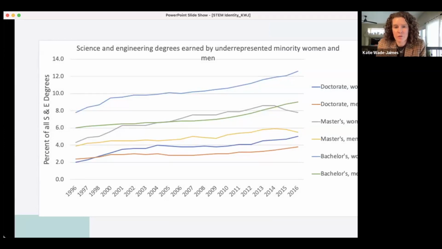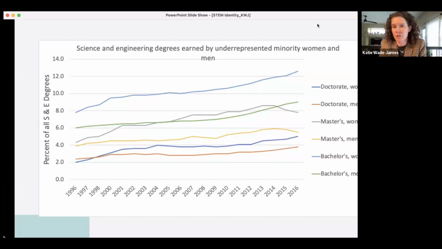So I'm going to start by showing you a little bit of data from the National Science Foundation. And I just want you to look through these slides. I'll introduce them and give you a little background, but then I just want to show you a few slides for you to think about and put your science teacher brains on and think about what you see here. So this first graph is from a report that NSF does every couple of years, where they look at who is getting a science or engineering degree, who's pursuing science and engineering as a career, et cetera.